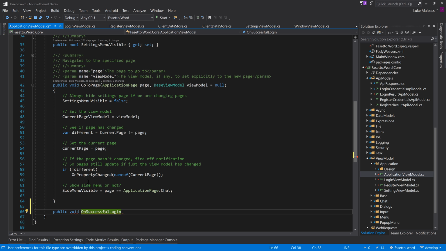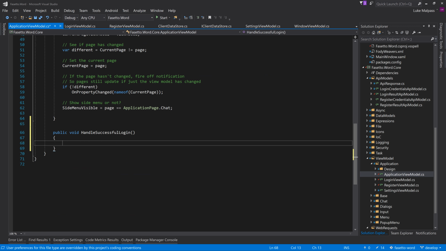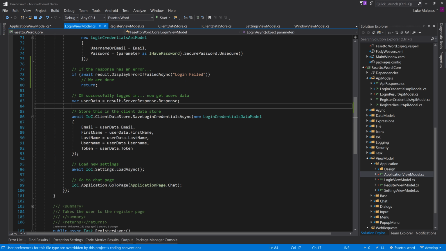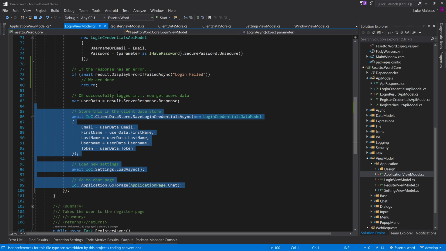It's not login, because we have logged in. It's process login, I guess, or handle login. So handle successful login. Start with that. And then it will be handles what happens when we have successfully logged in. And I would say that should be